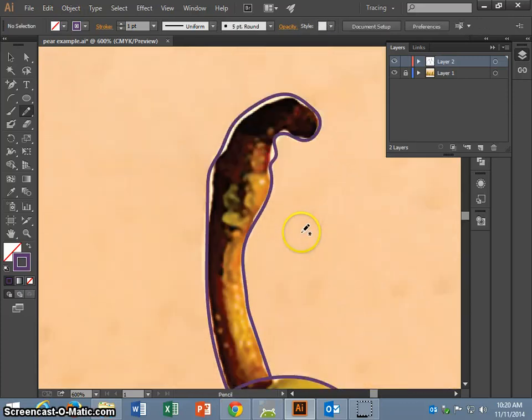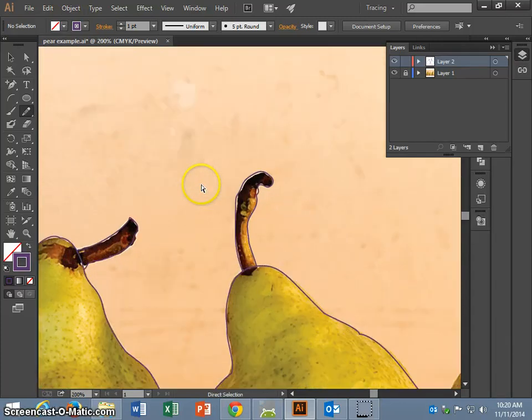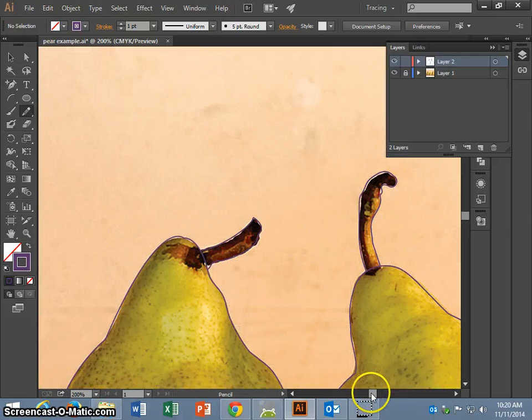And while Illustrator does a nice job of smoothing out this line to make it not look hand-drawn, if you rely on the pencil tool too much, in my experience, your piece looks a little bit less professional than if you use a variety of tools. I like using this tool for irregular spaces, whereas for more geometric spaces, spaces where I want clean, smooth, curved lines, I would leave that maybe for my pen tool,